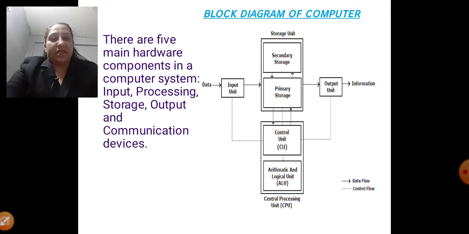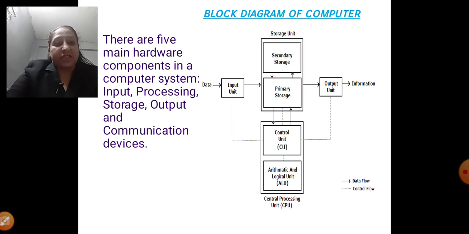Or in other ways you might have learned in your lower classes, it comprises only of 3 devices, that is data, input, output and CPU. Data goes from input, it moves to the CPU, and from CPU it goes ahead to the output. But now you are no more in the lower classes, so you should know that it comprises 5 major components. And whenever we say storage unit, you should say that it is a secondary storage device. You can see in the block diagram, it comprises secondary storage. The storage unit will be further covered in the forthcoming chapters.